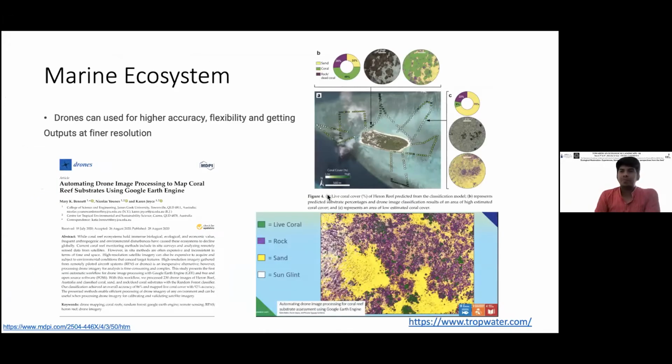This is another example of using a drone and, say, remote sensing imagery in combination. In Australia, they did this study to identify and map corals. If you're not aware, in a lot of places, especially in the tropics, there are a lot of cases of coral bleaching happening, and the reasons for that are, say, our climate, our Earth warming up